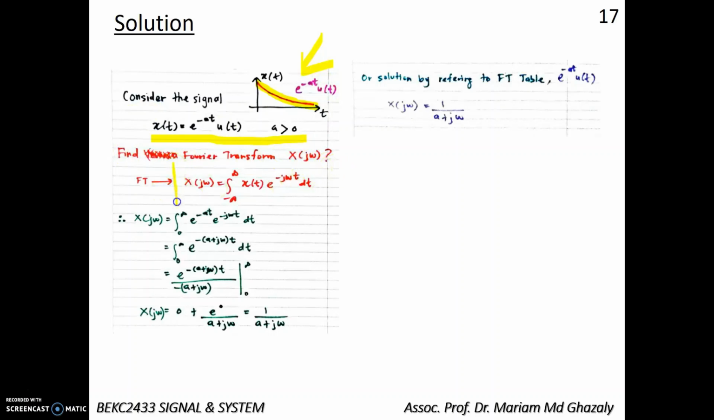When you want to find the Fourier transform for the signal x(t), you're going to use this equation, the Fourier transform. So x(jω) is given by the integral from minus infinity to infinity of x(t) e^(-jωt) dt. This is the general equation. What you need to do is substitute the value that you are given, which is x(t) here, into this equation. So you have here x(jω) equal to